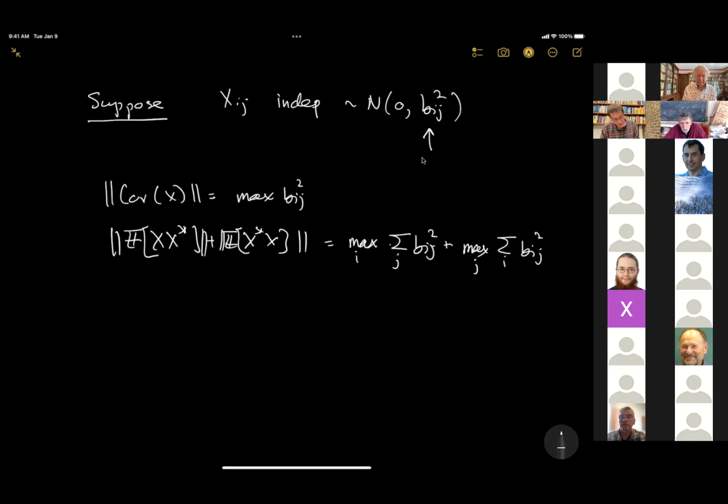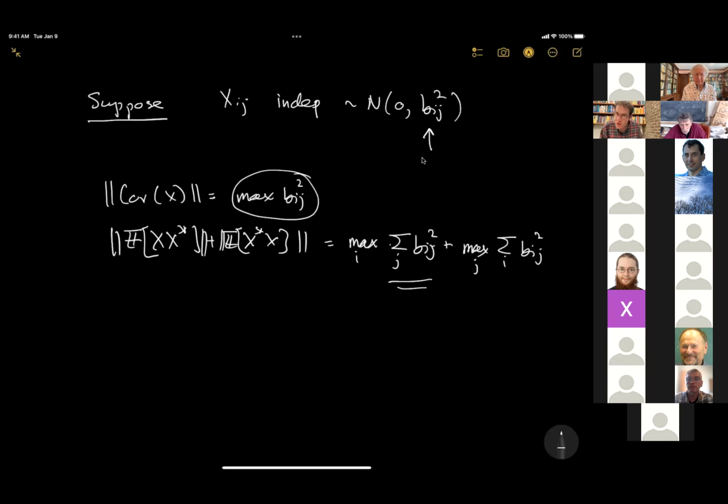So our theory kicks in as soon as the largest variance is at most 1 over some power of log d times the largest sum of the variances in a row or column. Does that make sense? Now, in a Van Gogh painting, you would have to be extremely sparse for this not to be true. In a Van Gogh painting, that will almost assuredly be true. I didn't actually try it on a Van Gogh painting. Maybe I will one day, just as a joke.